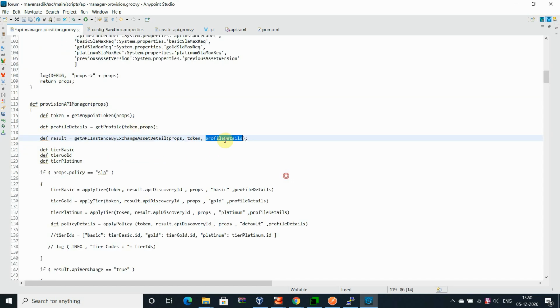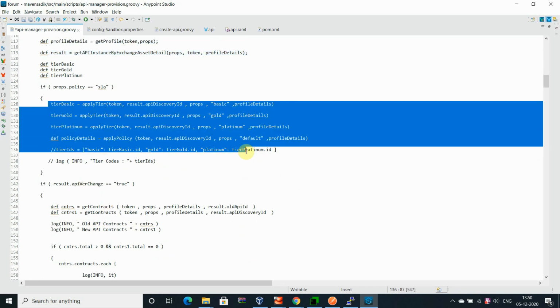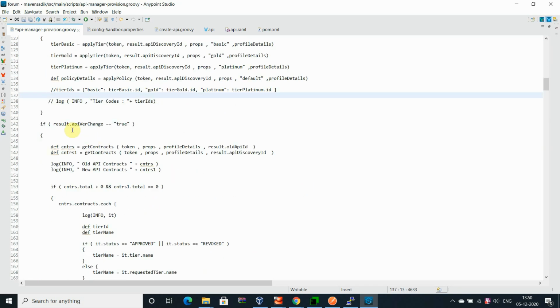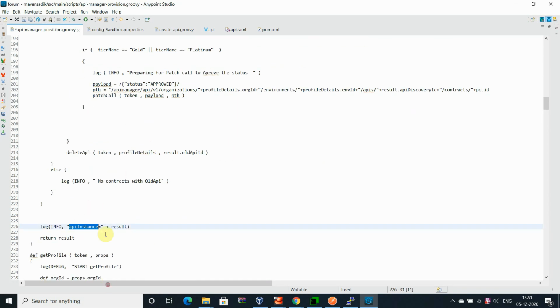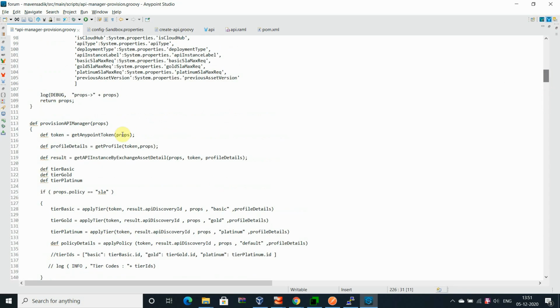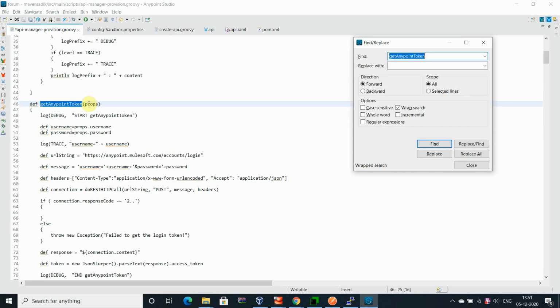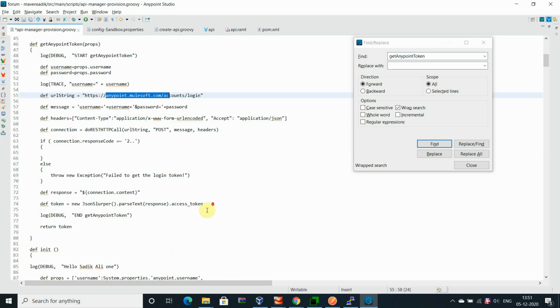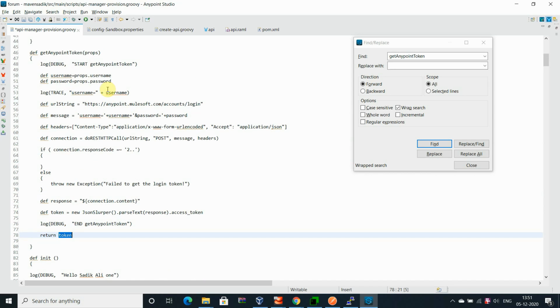It will extract the details from here, and then based on the configuration I have given, it has to apply the policy, the application, everything, so it will be associated with my instance. Let me go one by one. The application, like you get the Anypoint token. You can see the Anypoint token, whatever properties I have associated, the username and password, these are requested into the API, and they are getting the token back.